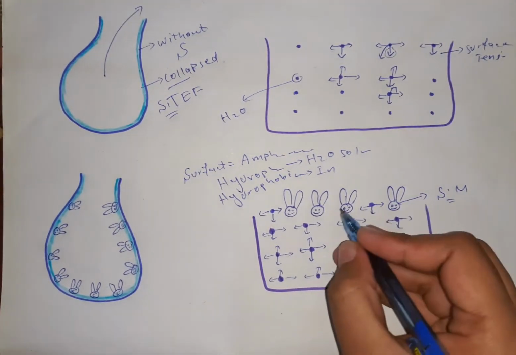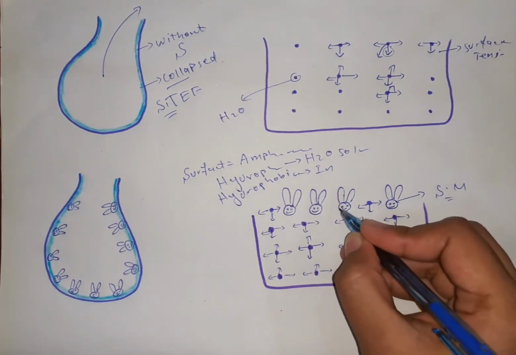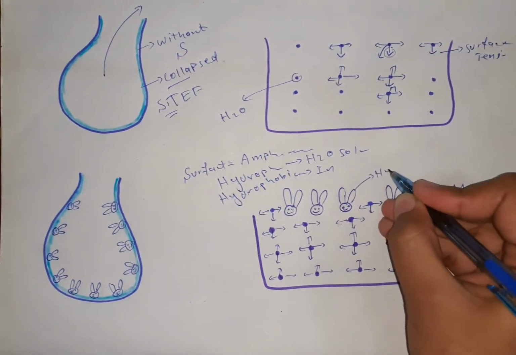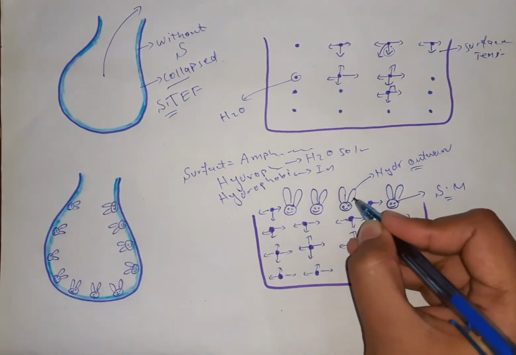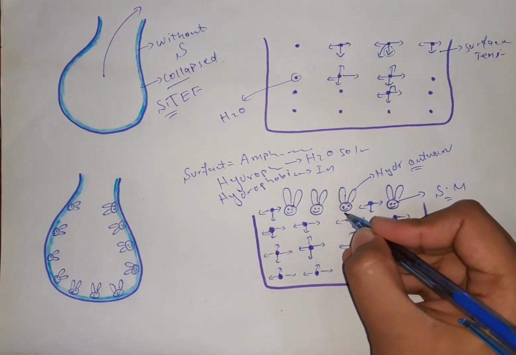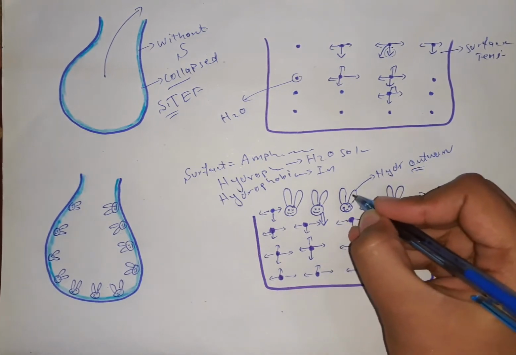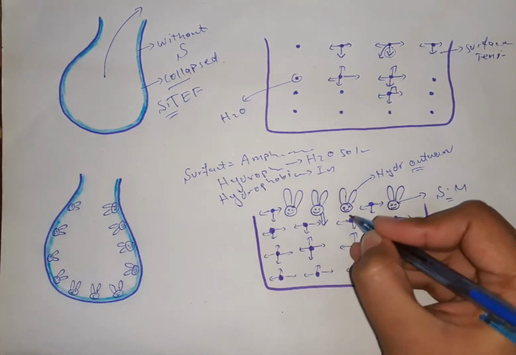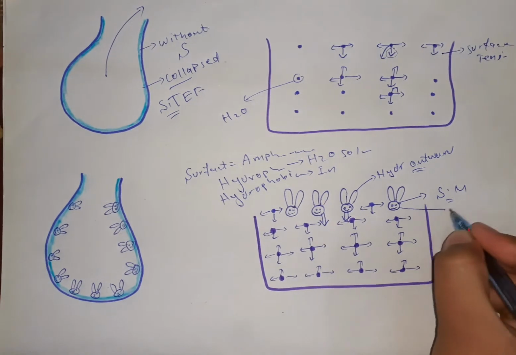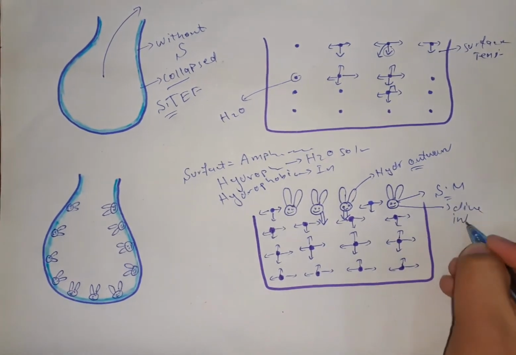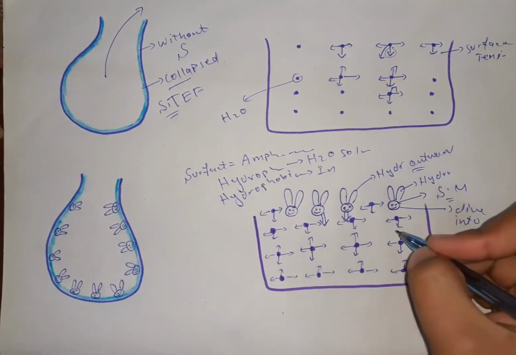Now what happens? Surfactant molecules have displaced some water molecules. Their hydrophilic region is soluble in water, and their hydrophobic region extends outward from the water. So this hydrophobic region is water insoluble. If an inward or downward force tries to get it dissolved in water, this hydrophobic region will not allow it to dissolve or move downward. As a result, surface tension will be reduced, because the surfactant molecule cannot dive into water completely due to its hydrophobic region, which causes it to stay on the water and not dissolve in it.